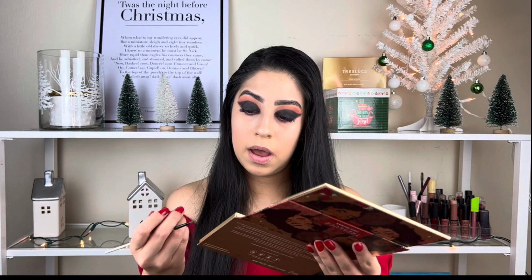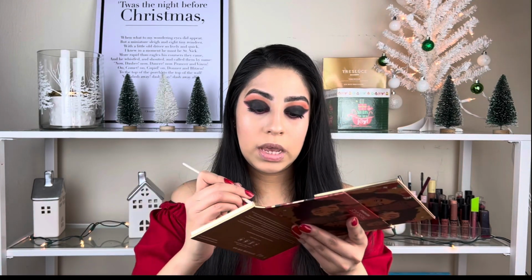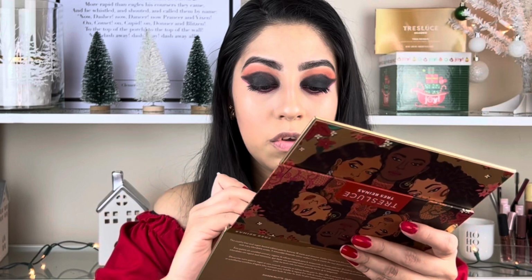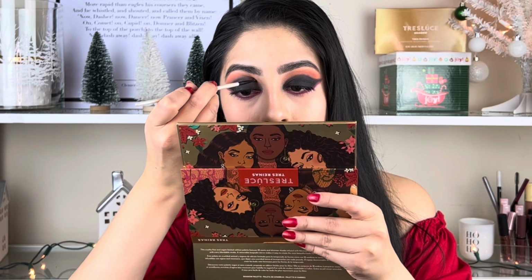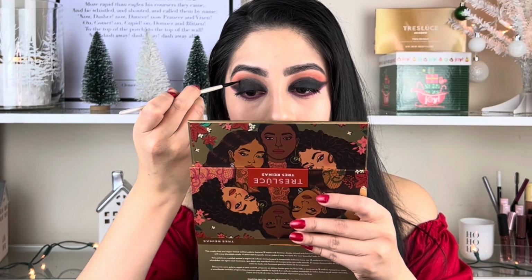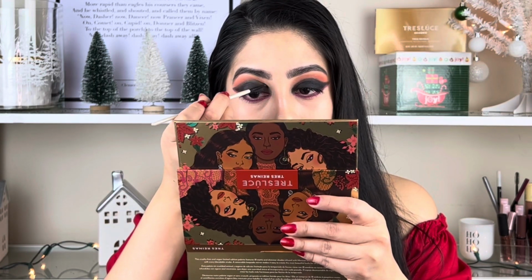Now let's go and grab the color Luna Llena. Luna Llena means full moon. So let's grab full moon. I was going to apply this one on the inner corner of my eyes, but to have a pop of shimmer on the makeup, let's add it here